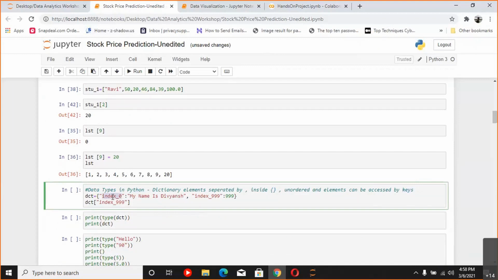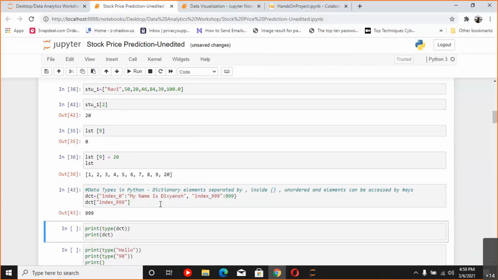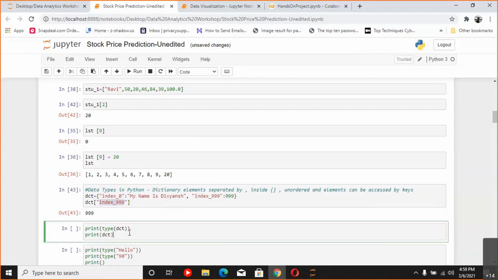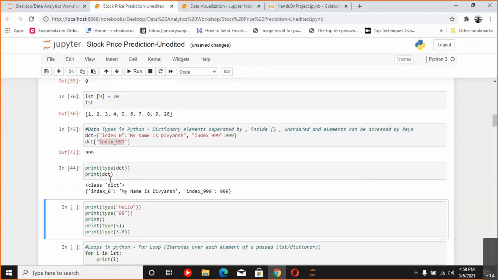It has a key 0 and a key 999. The key 0 has the value, my name is Divyansh, and the key 999 has the value 999. If I run this, you can see when I typed key 999, it gives me the answer 999. Checking the class, it is dict, or dictionary, and this is the dictionary that we have made.